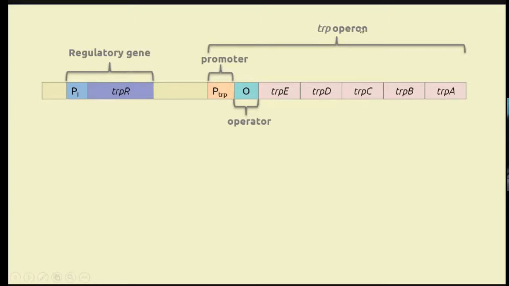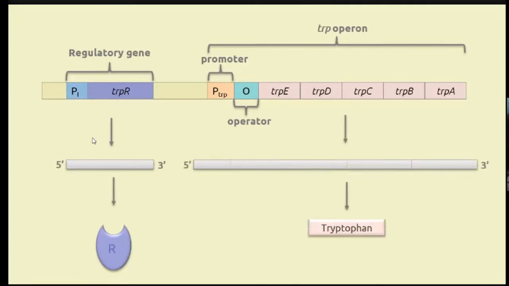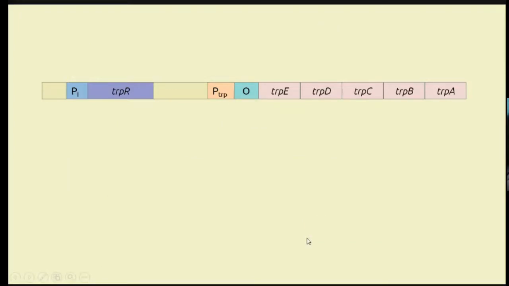Kaya sila tinawag na operon kasi these are related genes for the production of tryptophan. And then you have a regulatory gene upstream of your operon, which produces your repressor. And yung tryptophan operon mo, again, yung ginagawa niya ay tryptophan synthesis. Yun lang yung kailangan nyo